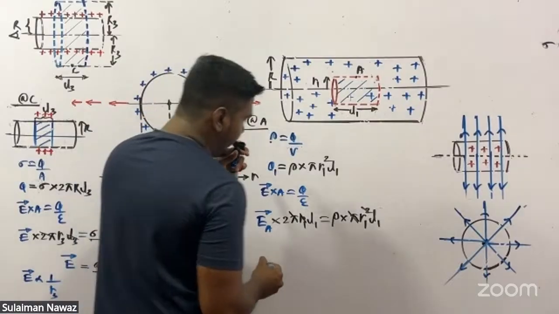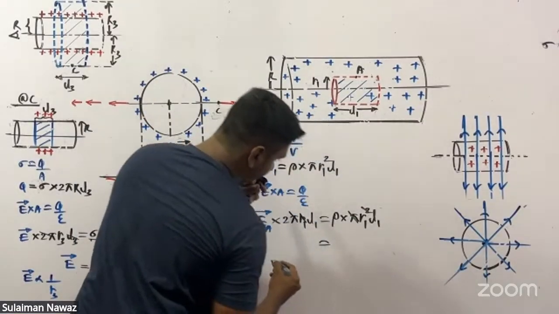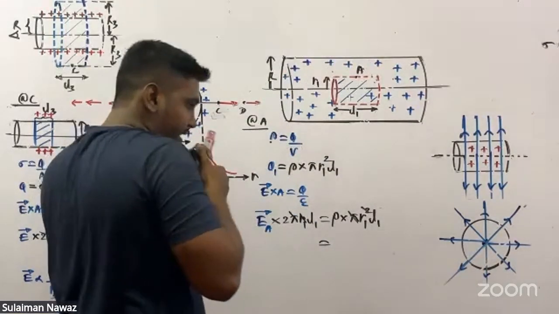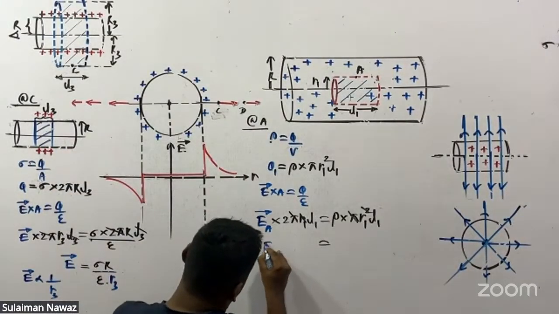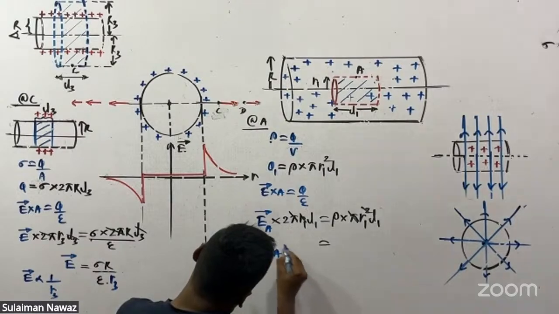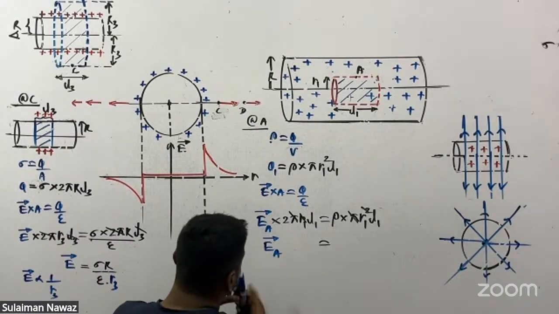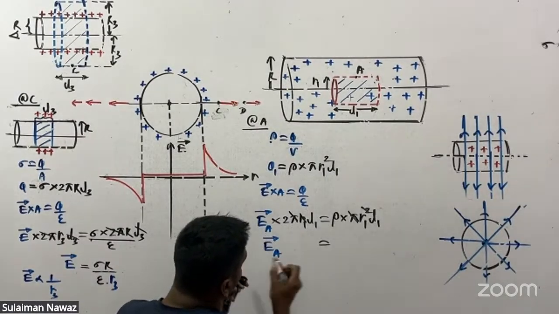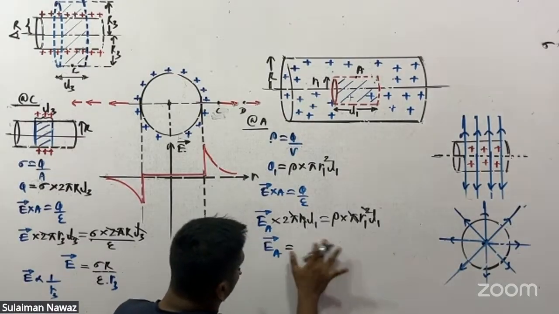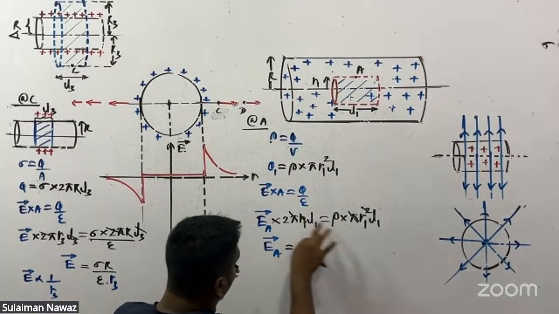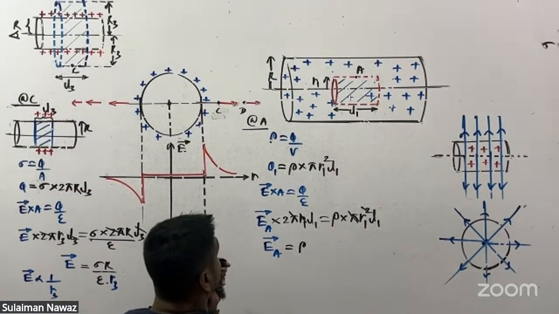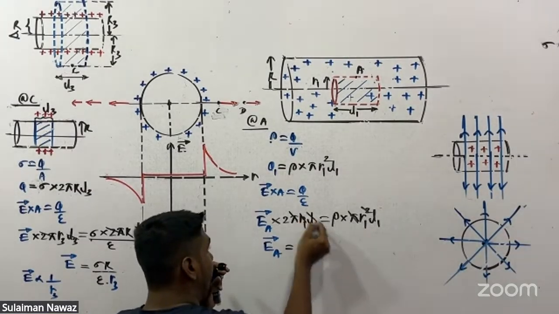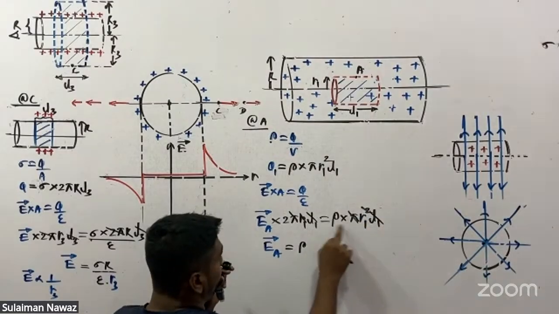So what we can write here is, intensity at point capital A is going to be equal to rho R1 L1. Okay, I can cancel out L1 also. Then rho R1